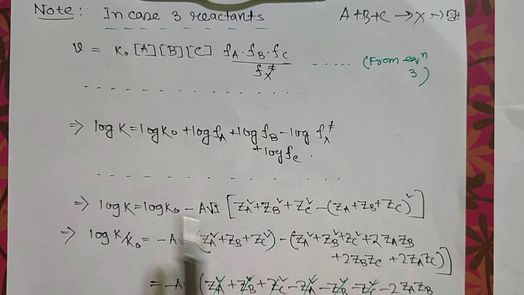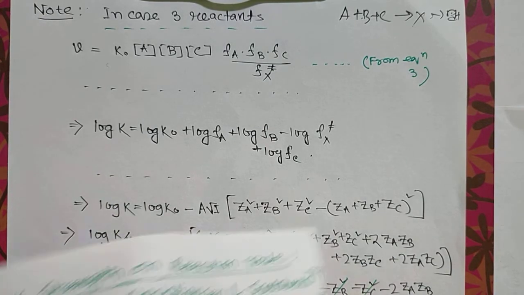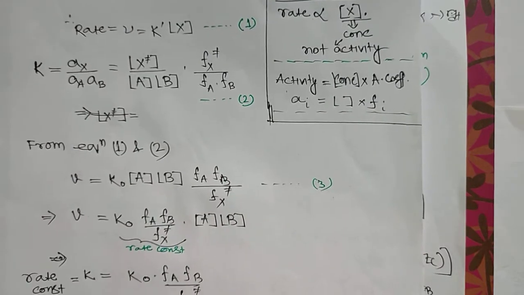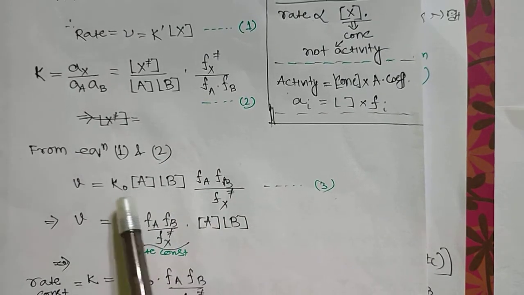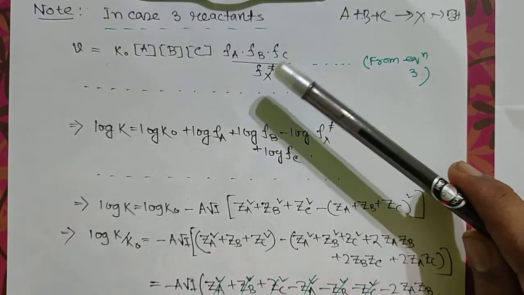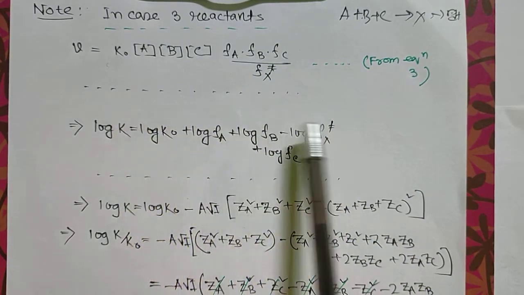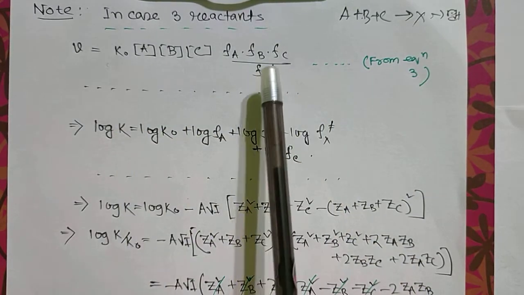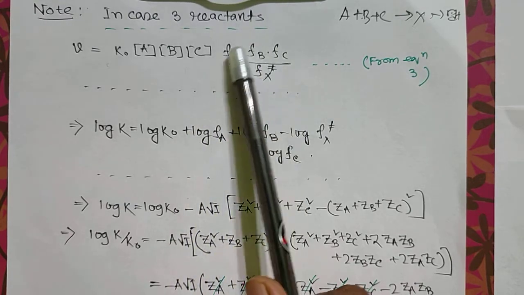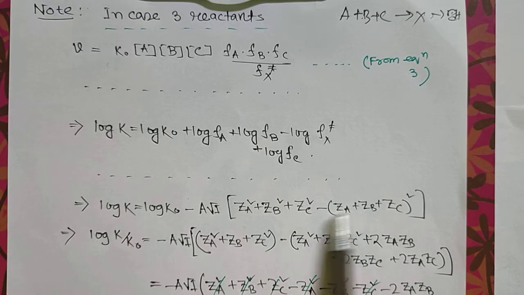So from equation 3, what was equation 3? Actually equation 3 was this one. Okay, so we'll just rewrite it; in that case C will be there and here will be FC. One extra term will come for C. Now I'm jumping the step, I'll get this kind of equation, just taking log and splitting these terms, and again jumping the step, the final equation will be this one.